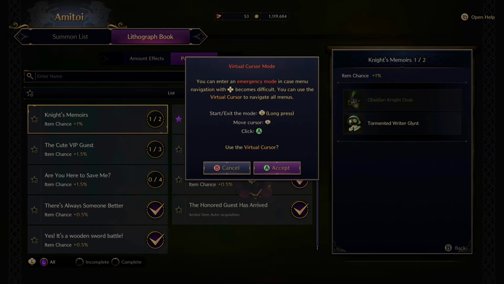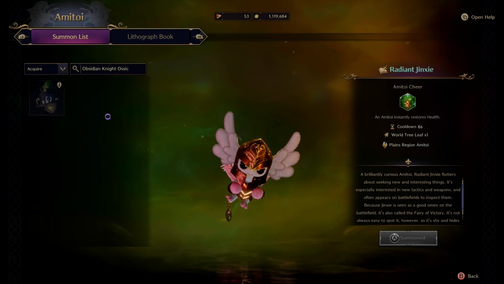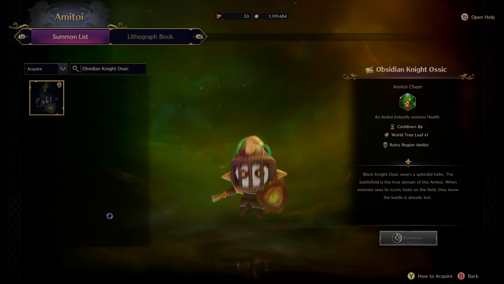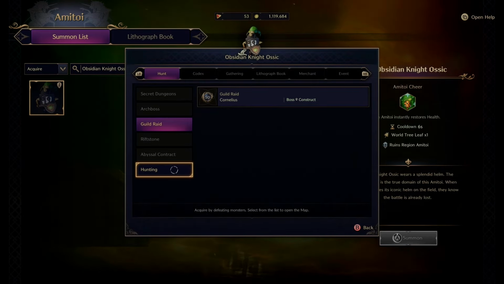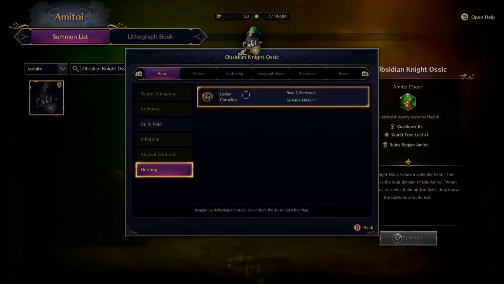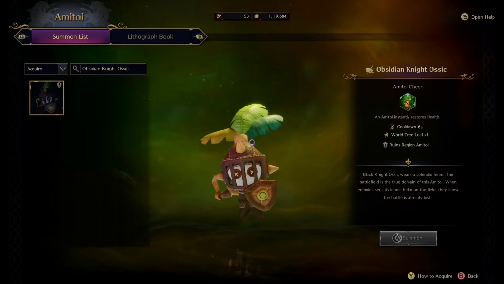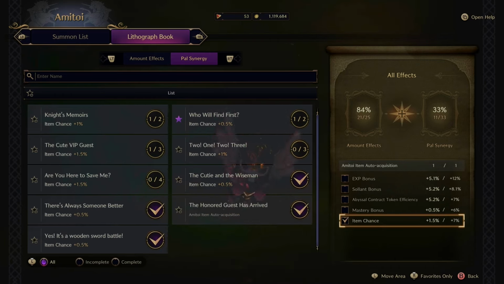Now, if you hold in your left stick on the console, you can click on him, and then you can click on him again, and then hit Y. It will show you how to acquire. This guy comes from Cornelius. So if you want him, farm Cornelius. And guys, late game, these are going to be very important for item chance to get some of them good boss drops,